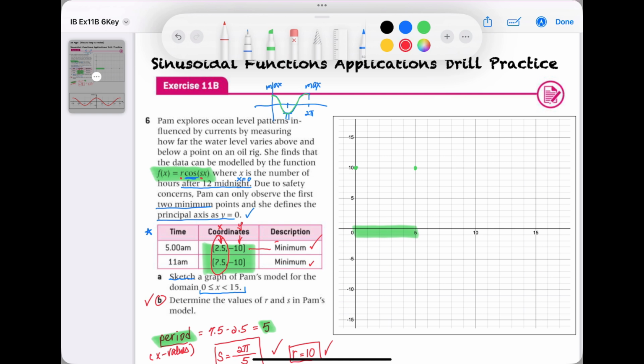So what's good now? Also, remember something we mentioned about the picture. You do know that if I cut it in half, that will be my 2.5, and cut it in half, that will be 7.5, cut it in half, that will be 12.5. And if I continue to cut it in half,